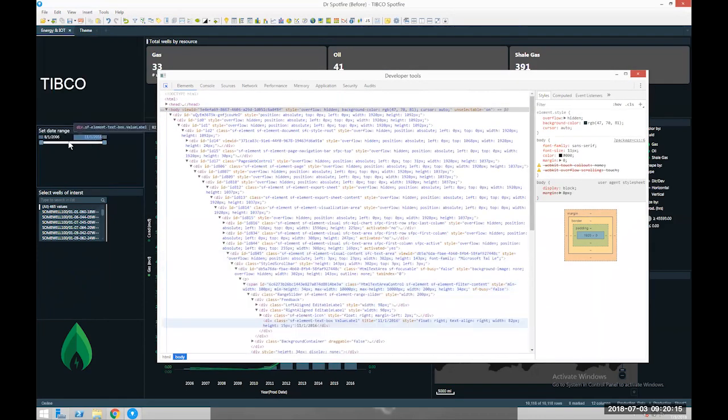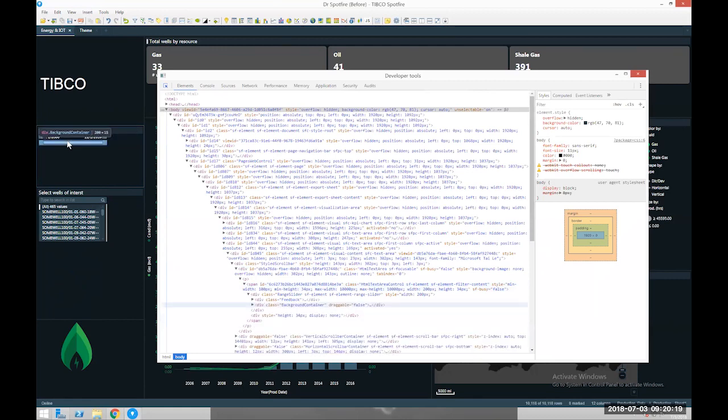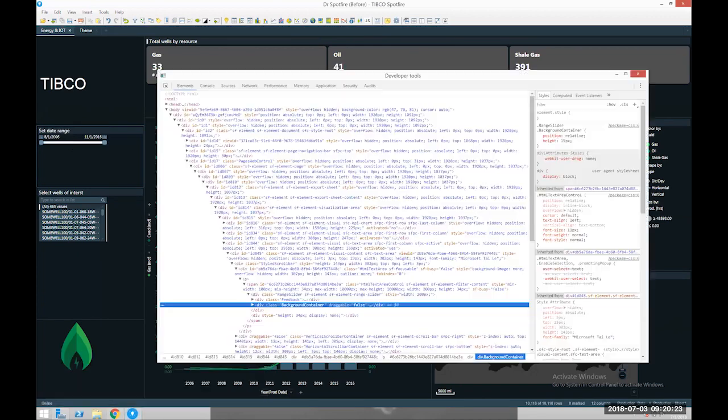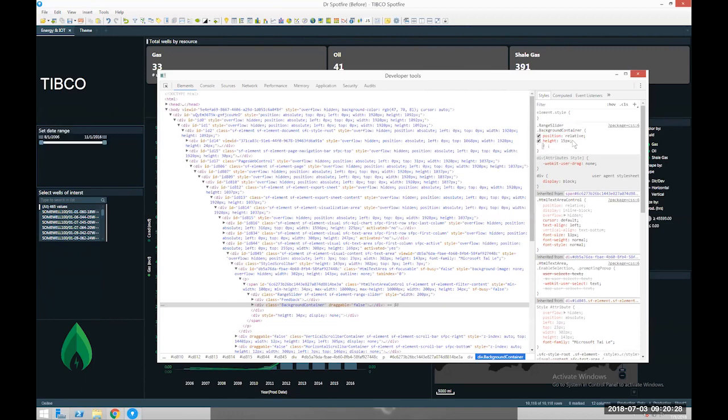So as I hover over this, you can see the different elements or different parts of that text area being highlighted. And as I click on this, you see I've got my range slider here. And the nice thing about the tool set is it gives you a way to add in an agile, ad hoc manner